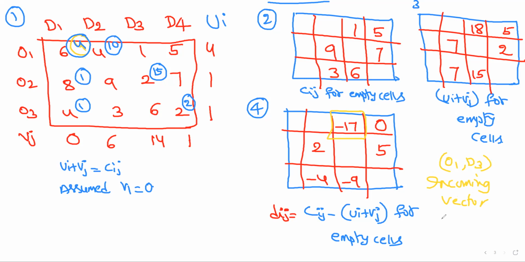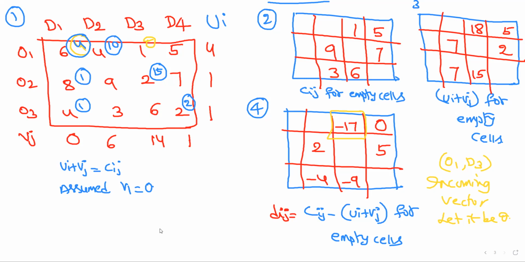So you have to assume, let it be theta. Again, same as how we did in the stepping stone method, I will continue the same. I will allocate theta to the cell. I will construct a closed loop, allocating plus theta and minus theta alternately. I'll give theta the minimum value so that one of the values becomes 0 and the remaining values stay positive. So I'm assuming this value is theta.